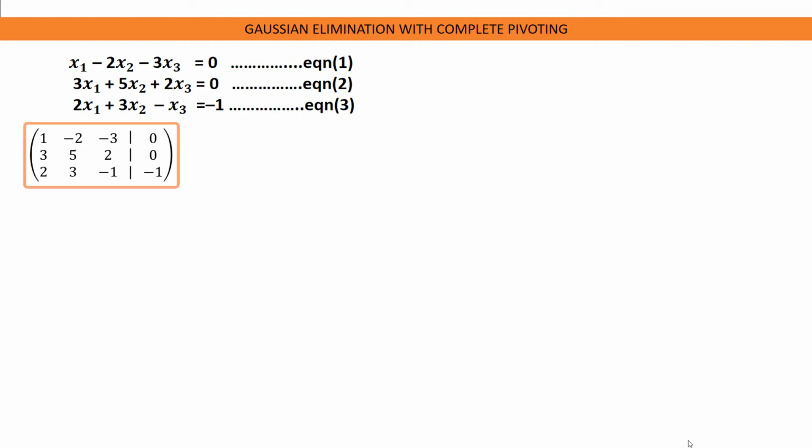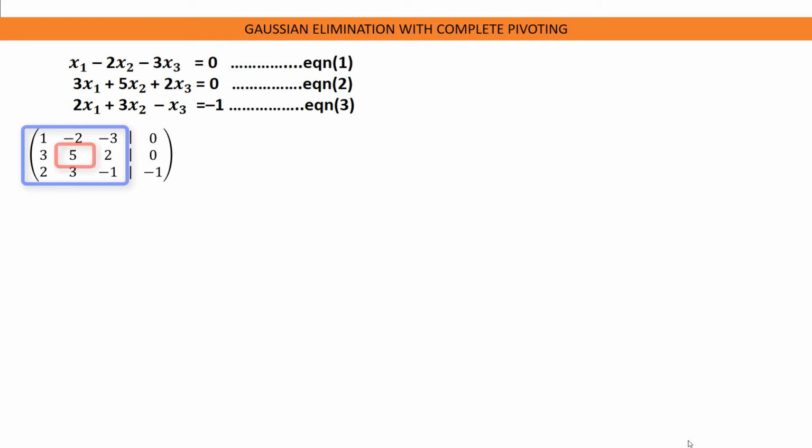Next, we identify our leading diagonal, and this is our leading diagonal, and each element in the leading diagonal is called the pivot element. We are going to use the pivot element to reduce the numbers under it to 0. Now, because we are solving this system using Gaussian elimination with complete pivoting, we have to look at this side and pick the highest number in magnitude to become our first pivot element.